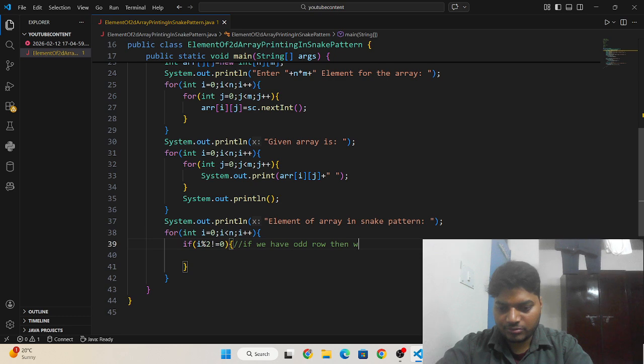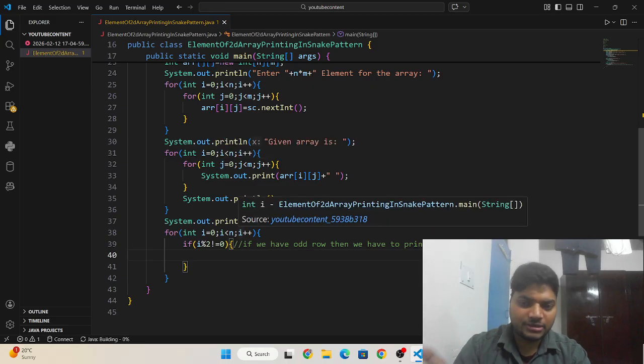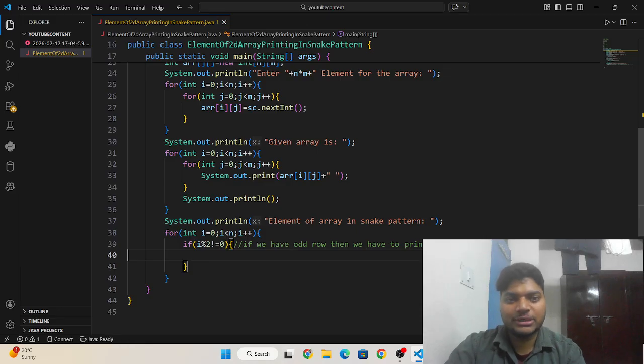then we have to print the array elements as it is. Means if we have 1 2 3, then we have to print 1 2 3 only, okay. We don't have to print in reverse like 3 2 1, okay. So I need to write here